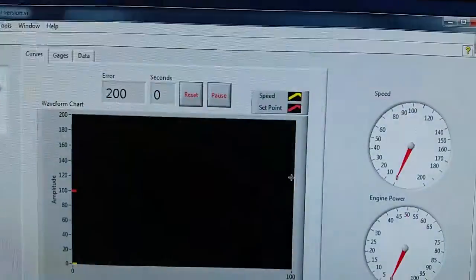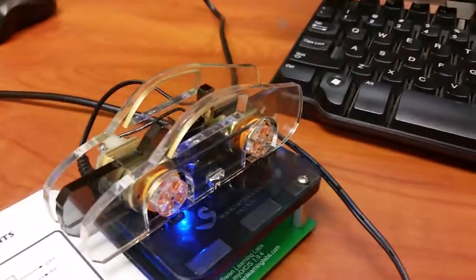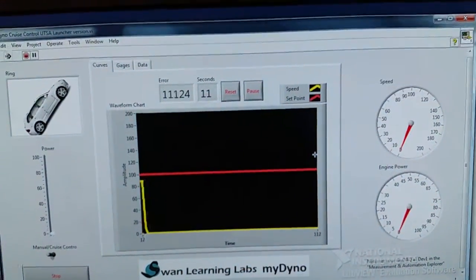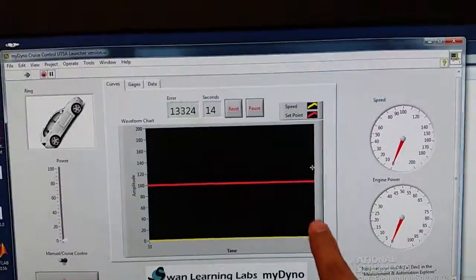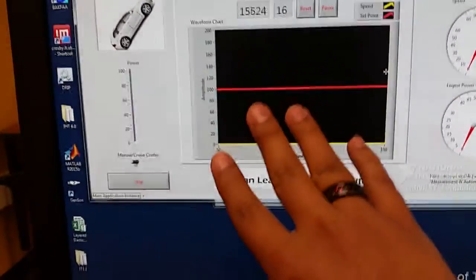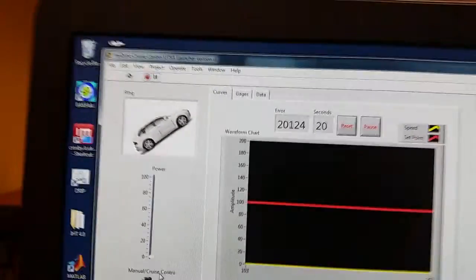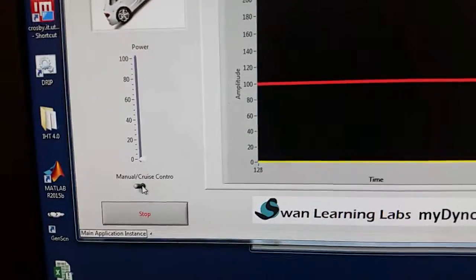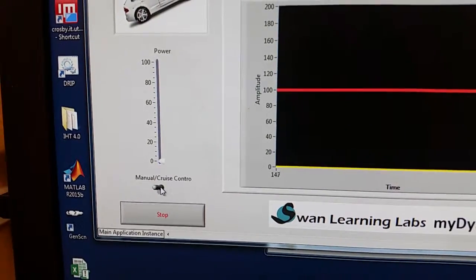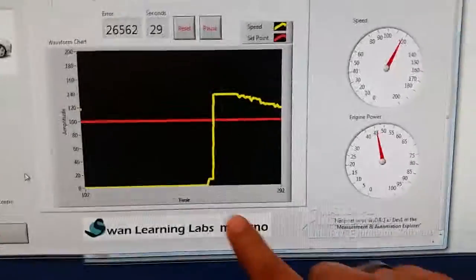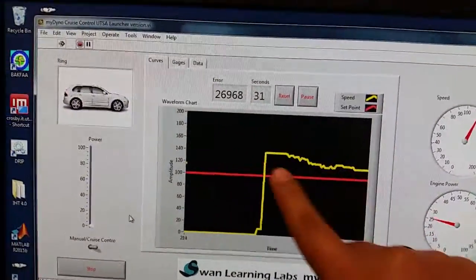So you click on Run My Dyno, and right when you click it, you'll hear a small motor sound. I'm not quite sure if that came through, but it adjusts itself, and there's that small Dirac delta on the graph, and then time progresses, but they are flat because they're not currently receiving a signal. What you need to do in order to do a signal is you can click over here on this switch that says manual or cruise control, set that to cruise control, and it will then shoot itself up to send a signal towards a goal